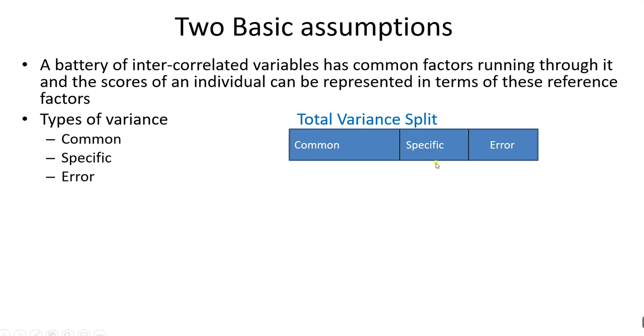The total variance is analyzed by principal component analysis, whereas factor analysis aims at analyzing the common